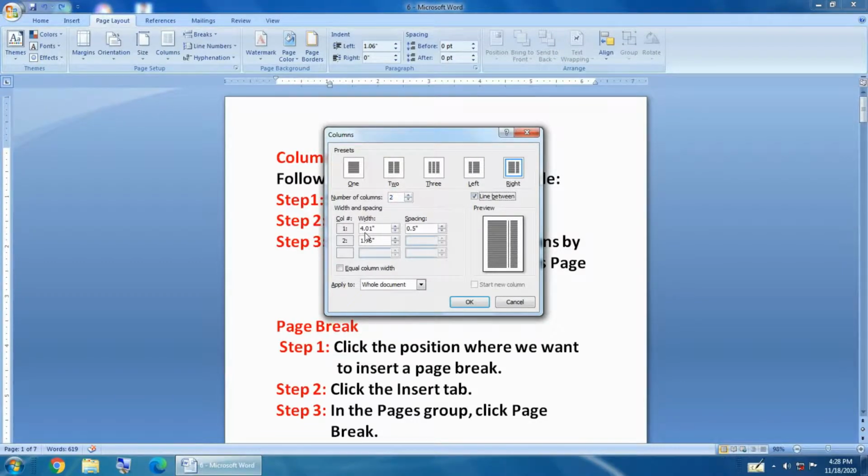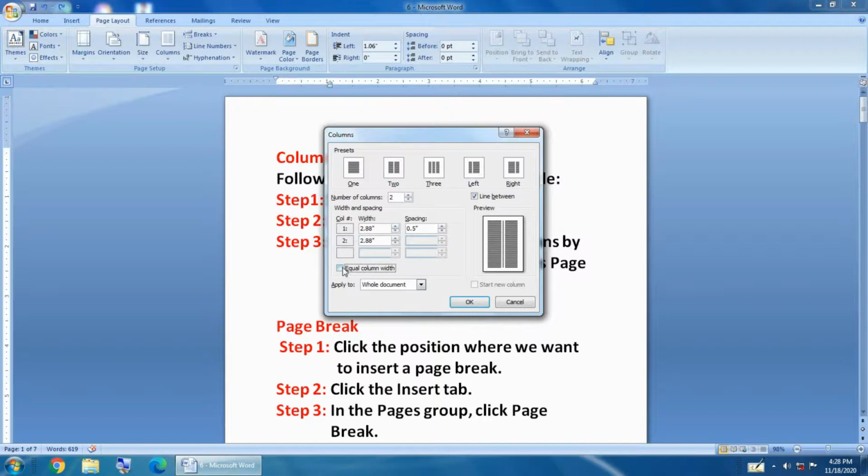Step 6. If you want columns of equal width, select the Equal Column Width checkbox. For columns of different widths, type the column width for each column. Enter the amount of space we want between columns in the spacing spin box.